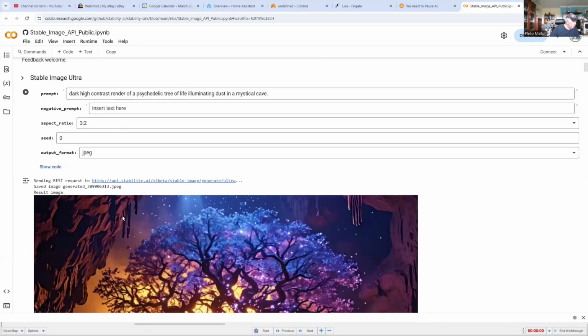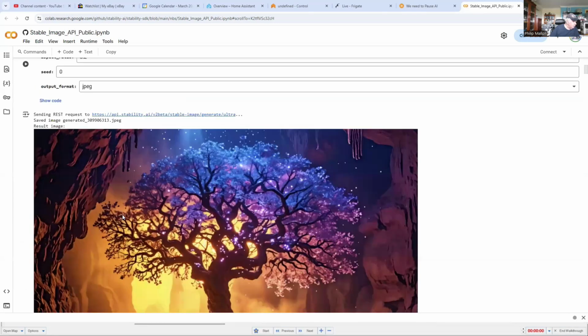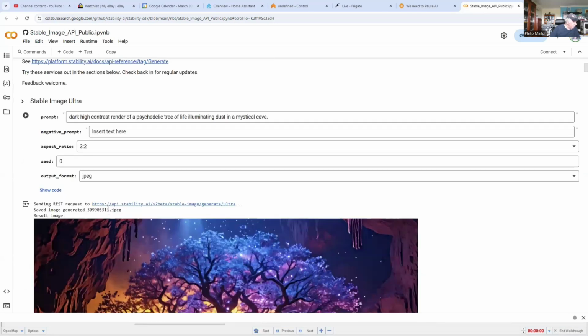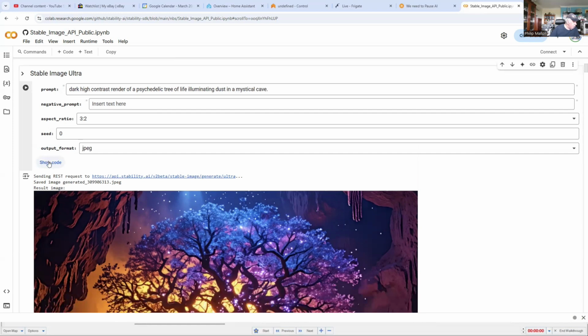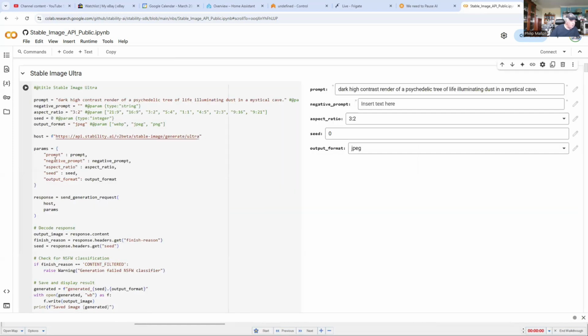So if we just go down, you can actually see some of the images that are generated. And there's a couple of things. You can either just use the prompts and put a seed in, or alternatively, you can modify the code. So this is the code that's used, and the highlight is the prompt, and that's embedded within this